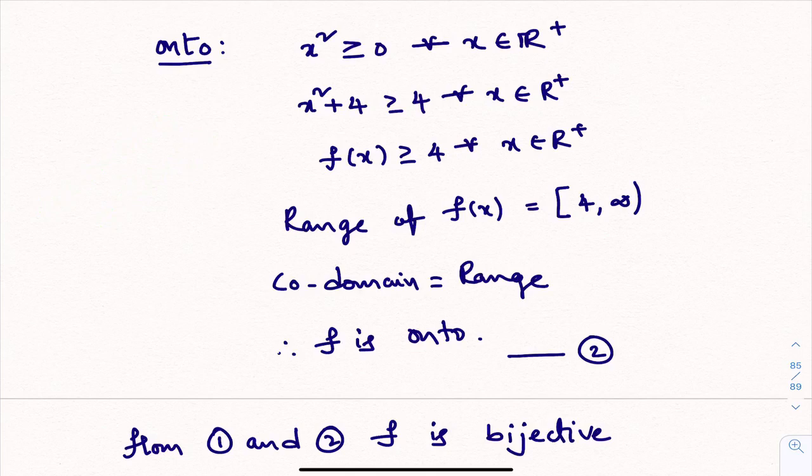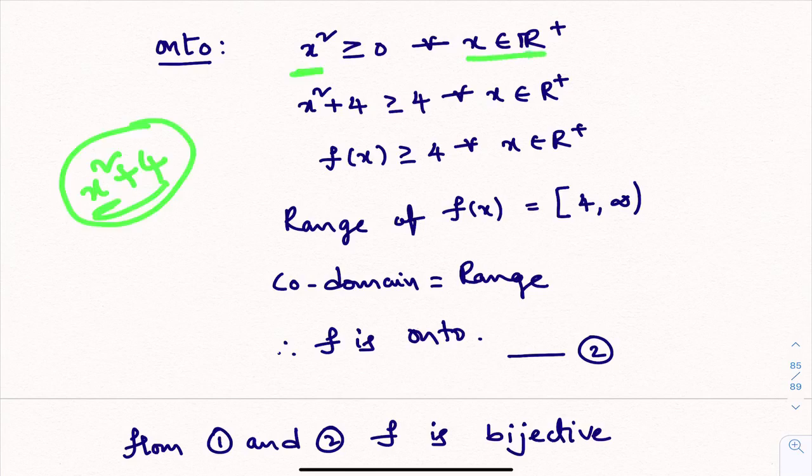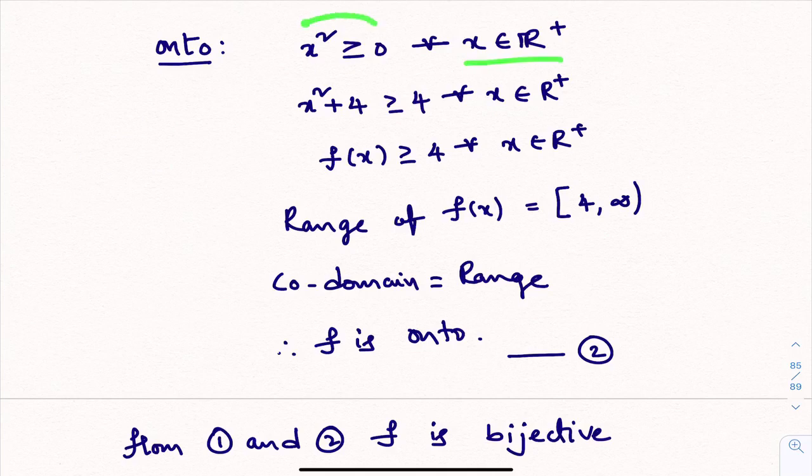Okay. Here, what is the given function? The given function is x square plus 4, right? This is the given function. In this, I'll take x square. Look here, x square. When x is a positive real number, what is x square? x square is greater than or equal to 0. Here I am saying again, x is not a positive real number, x is a non-negative real number. That means 0 is included. All positives will come, 0 also will come. So when x is in R plus, then x square is greater than or equal to 0. Try to understand why I wrote equal to 0.